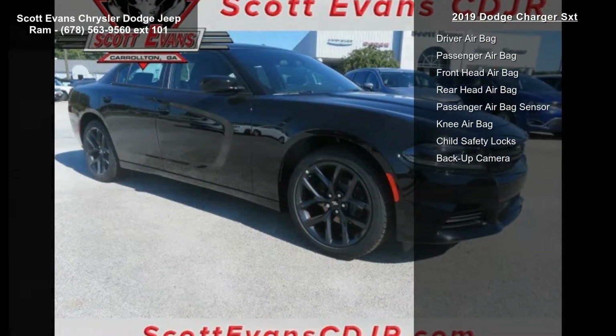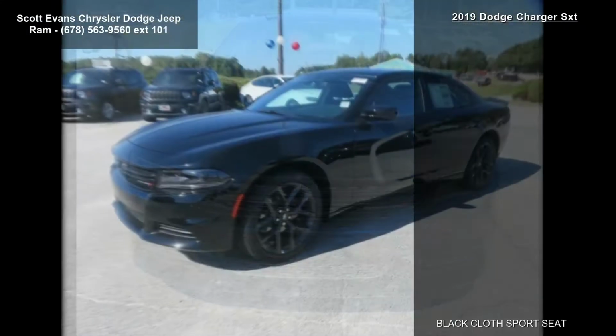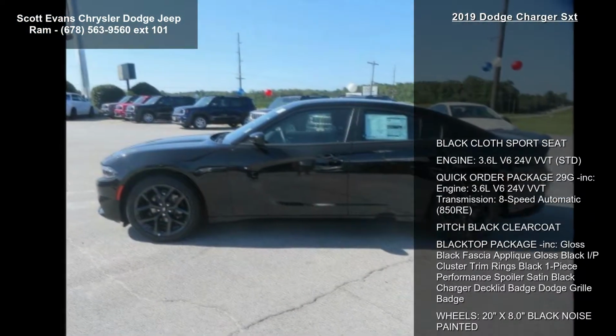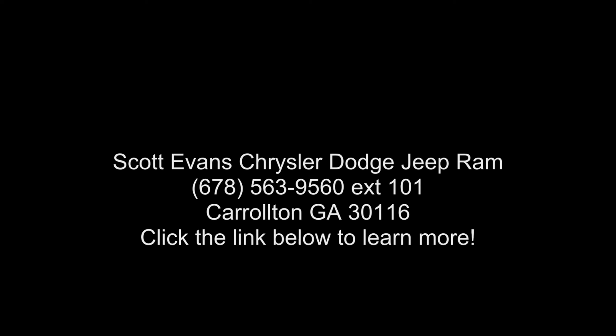20-inch x 8.0-inch black noise painted, transmission 8-speed automatic 850RE, manufacturer's statement of origin, and engine 3.6L V6 24V FFV. If you are looking for a new car, this might be the one. Low mileage is an important factor in your purchase, and this vehicle